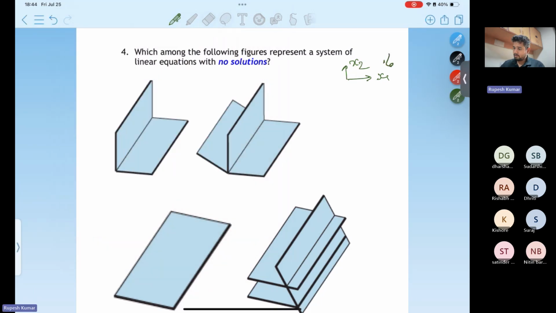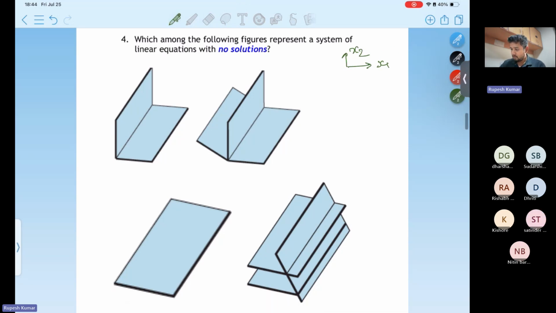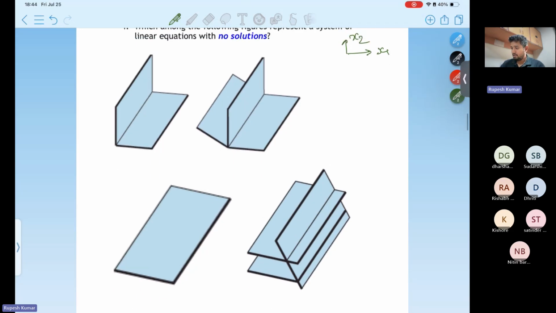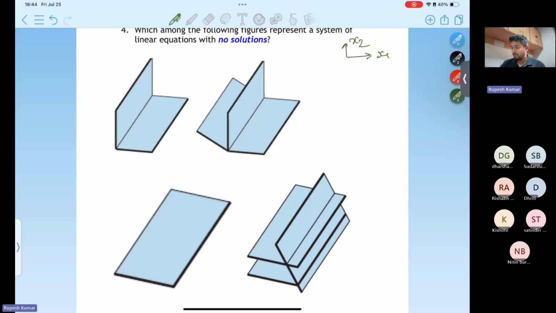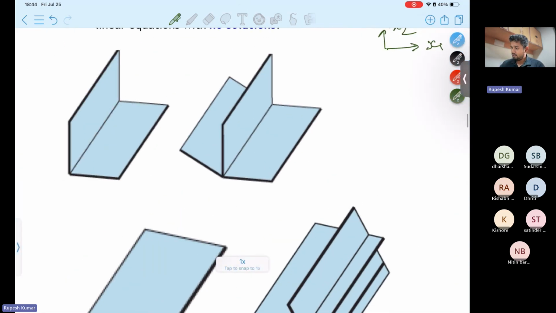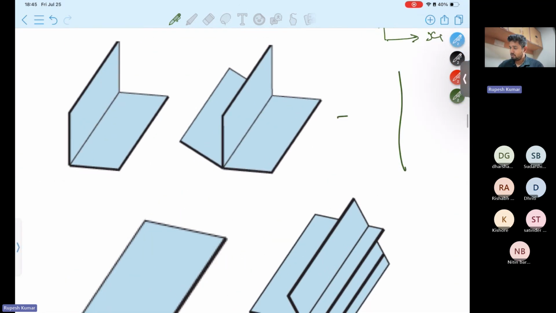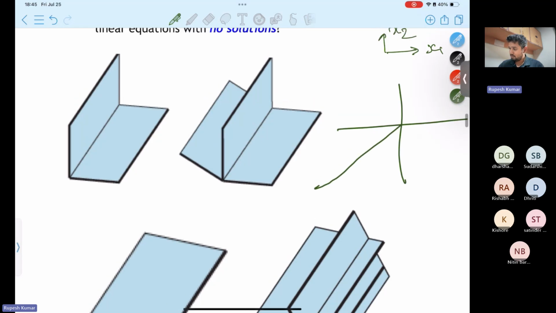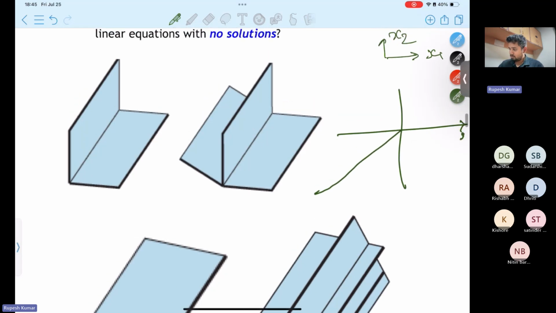Now we will be dealing with system of equations in three dimensions. So these rectangular pieces, these slabs that are visible on the screen, are essentially planes. They are representing planes in the three-dimensional space. So for example, let's say I draw my three-dimensional plane like this, right? And these are the x, y, and z axes that we usually draw on a Cartesian plane, right? So we can always draw a plane in the span of these three bases, right?